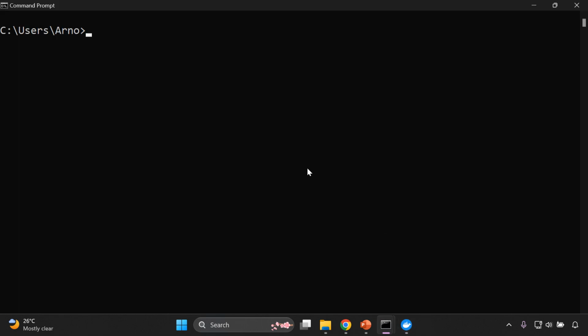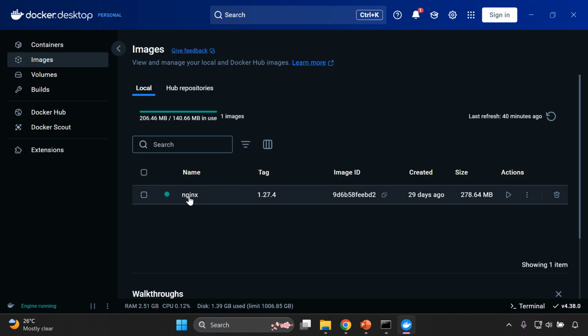Let's go back to our terminal and rerun a container. So I'm going to say docker run. And again, we don't want to have all of that terminal output, so we can have -d, and then we can specify the port. I'm going to say -p for port, and it's going to take in two parameters: the host port and then the container port. So on my computer, I want to be able to connect via port, let's say 8000, and the container port, which we saw, was port 80. So we can say 8000:80, okay? And then we refer to the particular image that we want to run, so nginx